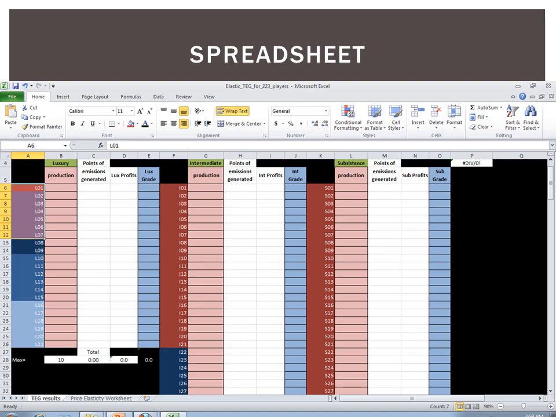The game spreadsheet is an Excel-based calculator that looks something like this. Instructors will use this to calculate your grade. There are 3 sections of the spreadsheet, one for luxury, one for intermediate, and one for subsistence. These labels are indicated in green. All player codes are listed along the left-hand side of each section and are color-coded by university and class. Red codes are for ASU players, and blue codes are for MDI players.